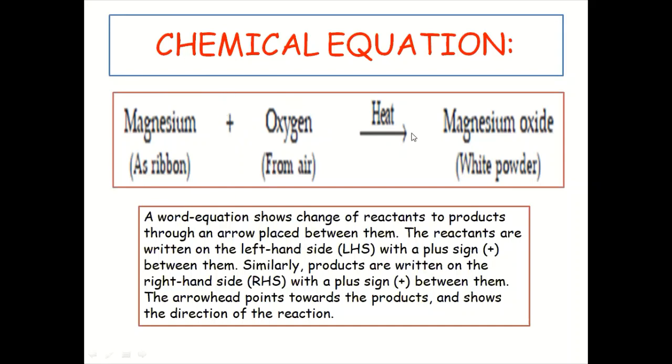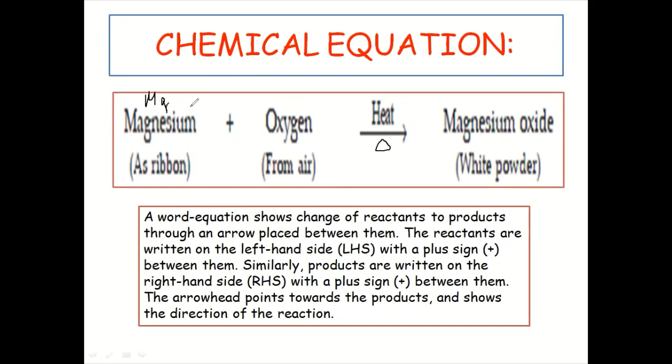They are heated in presence of air, so heat has been written over here. Heat during a chemical reaction can also be represented with the sign delta. What has been formed? Magnesium oxide, white powder. So here it is written as full words,